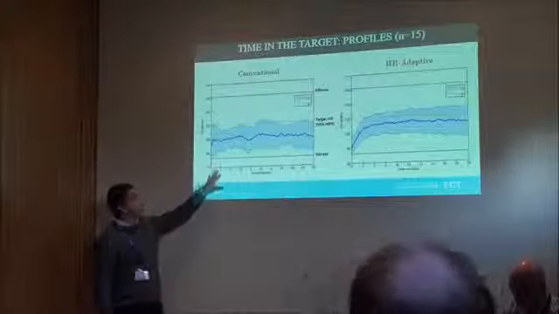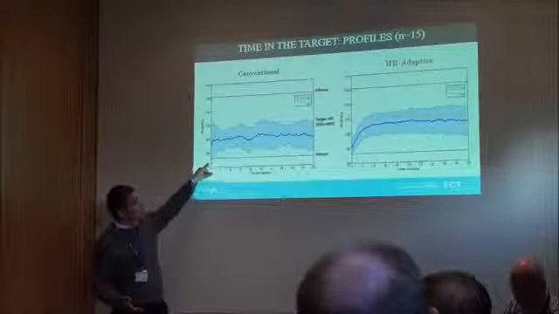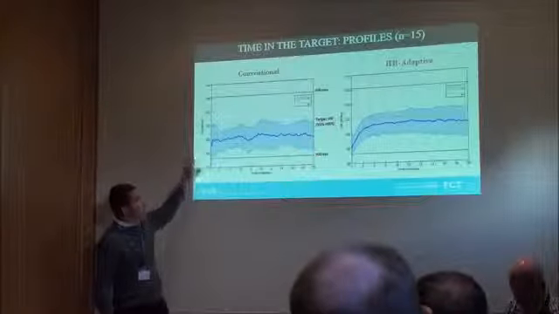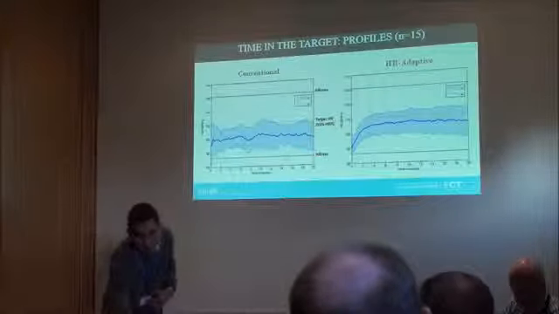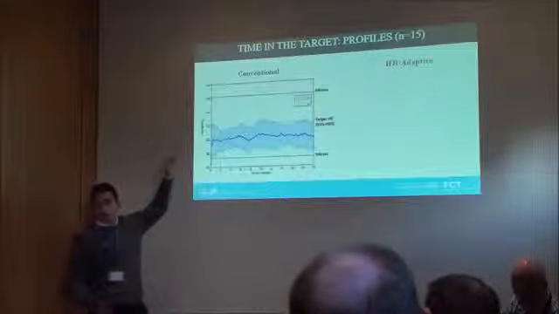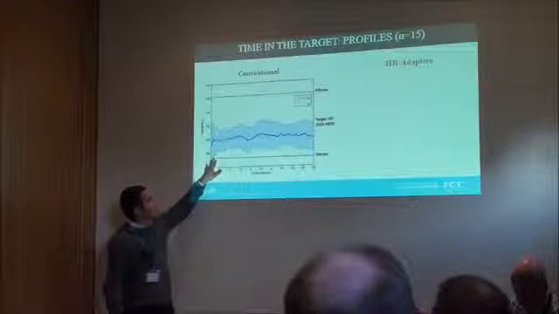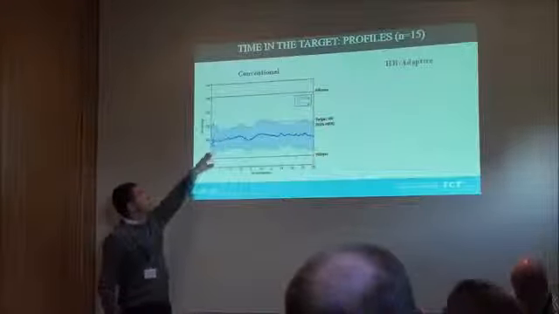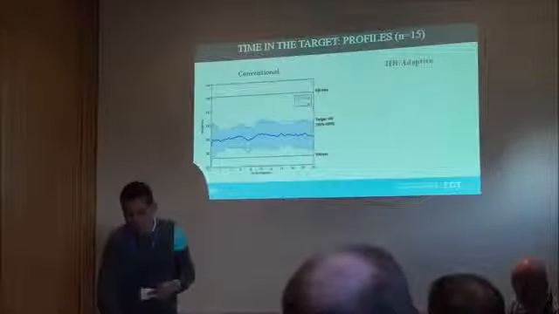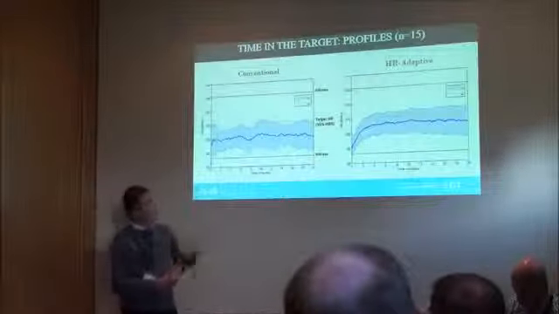In the first one, you have the conventional exercise. We have the targeted level, this red dotted line. And during the conventional exercise, you can more or less see that they never reached the maximum heart rate, which is good for them, but they are pretty far from the targeted zone. As you can see here, it's quite less organized or less stable than in the heart rate adaptive way.